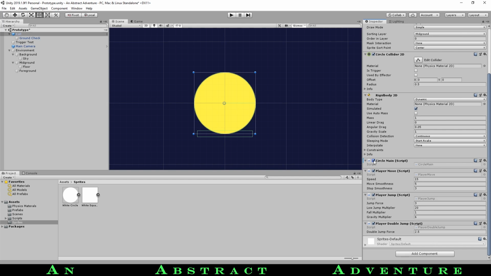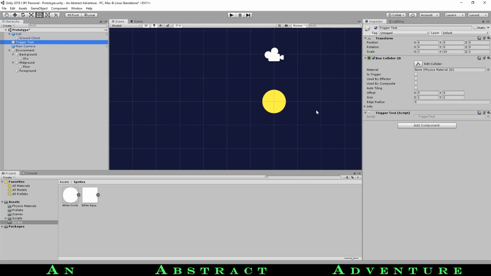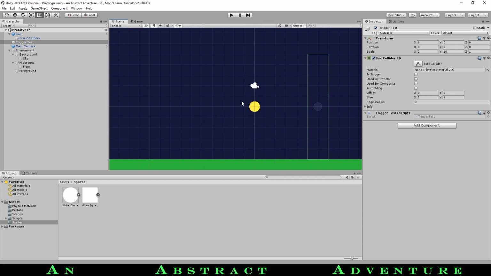That'll be useful if we want to activate mini cutscenes in a level or something like that, where we temporarily want to not allow the player to move. So as opposed to getting references to all of these scripts, we just get a reference to this one and disable it. Now, next, we have this trigger test object that was just used for, actually, I can